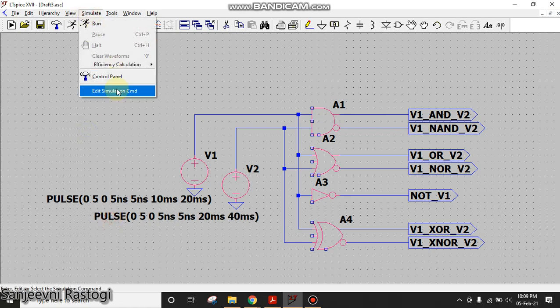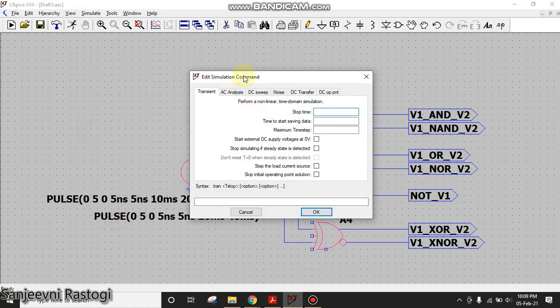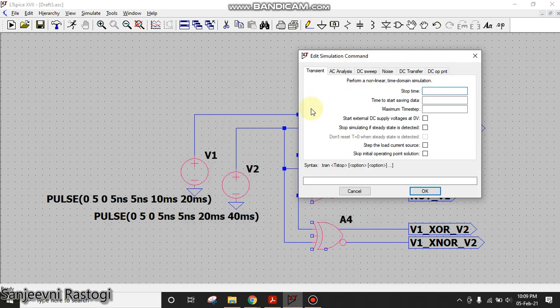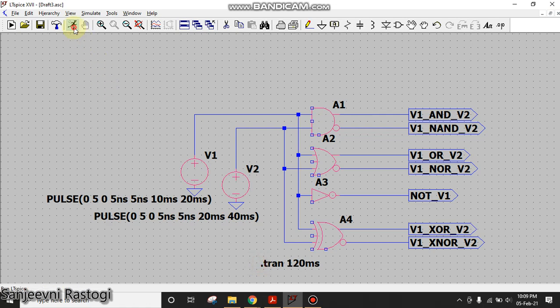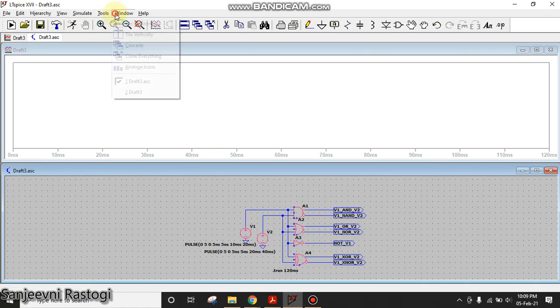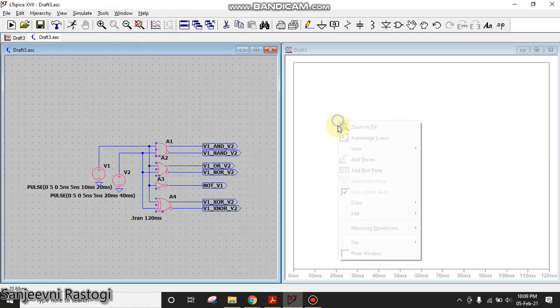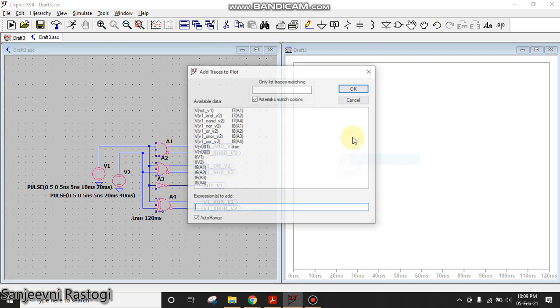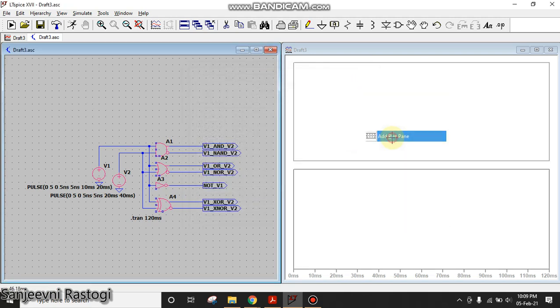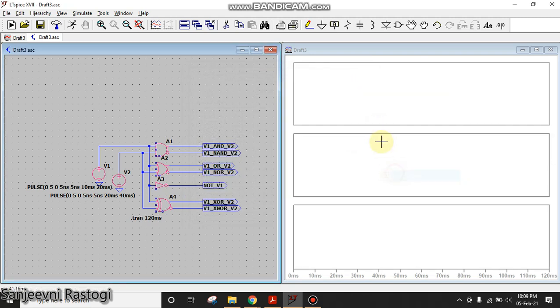Then go to the edit simulation command and we will perform the transient simulation for, let us take, 120 milliseconds. Okay, and let us run it. Tile the window vertically. First of all, I'll add the plot panes. Let me show you first the AND operation.